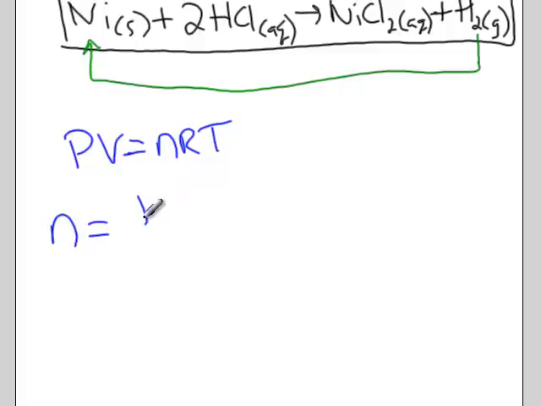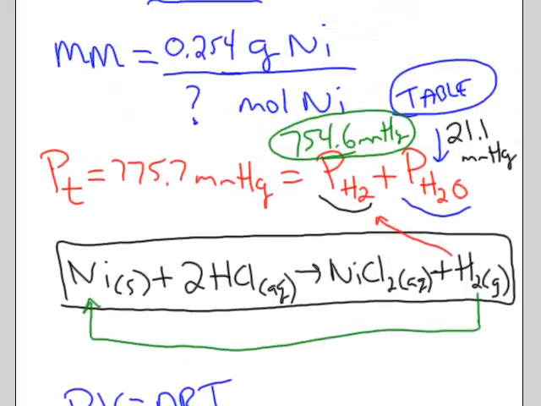So if we solve for n, it's PV divided by RT. It's very important when it comes time for this lab that you do not use the total pressure, you do not use the pressure of water, you only use the pressure of the gas that we create. So in this example, it's hydrogen gas,